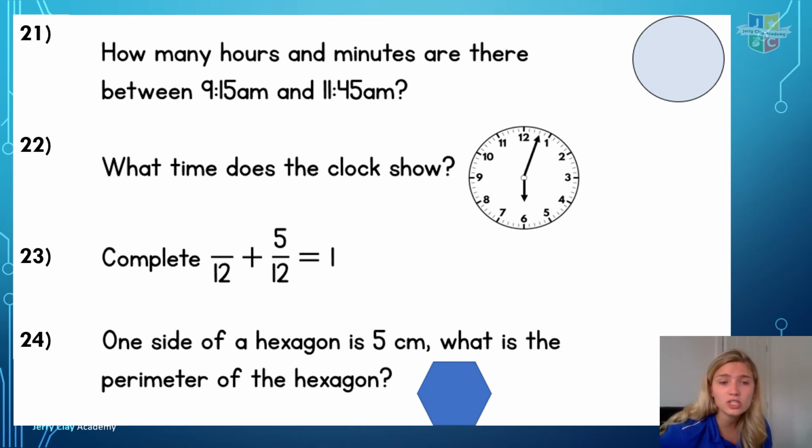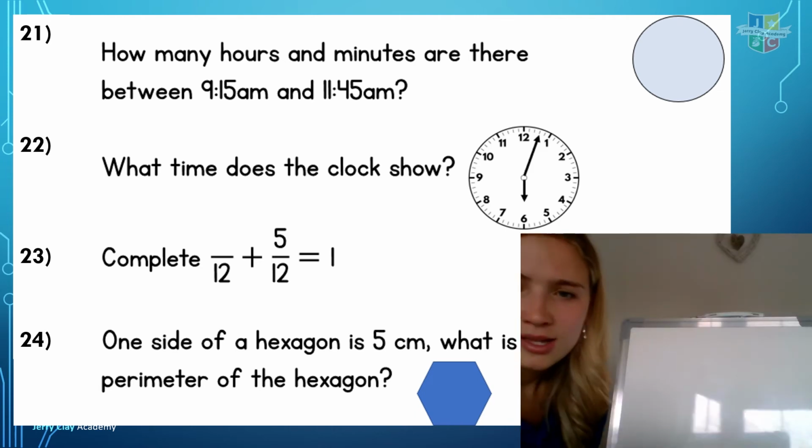Complete the missing. What do you add to 5 twelfths to get to 1 whole? And finally, one side of the hexagon is 5 centimetres, so what is the perimeter of the hexagon? Looking at this regular hexagon, all the sides are going to be the same, so how are you going to work it out? Once you've had a go at doing that, press play and we'll see if you've got them